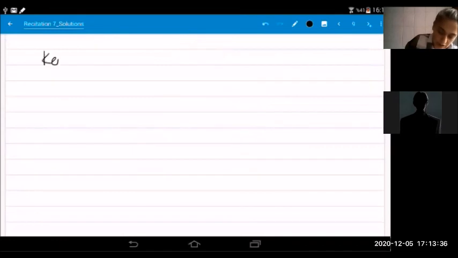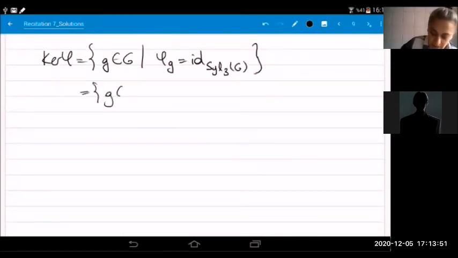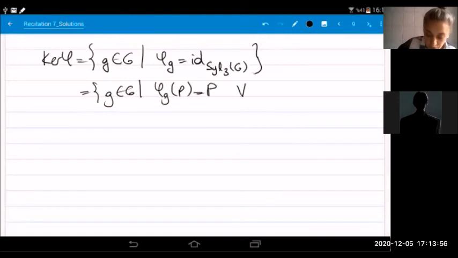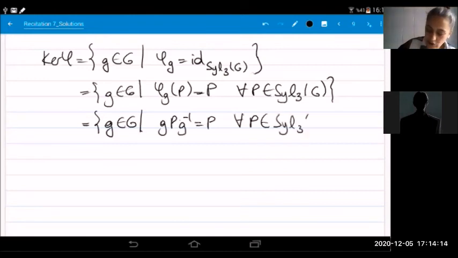The kernel of this action contains all g in G such that phi_g is the identity on this set, Syl_3(G). This means all g in G such that phi_g(P) = P for every P in Syl_3(G), which means it contains all g in G such that gPg^{-1} = P for every P in this set, Syl_3(G). Now, by the first isomorphism theorem,